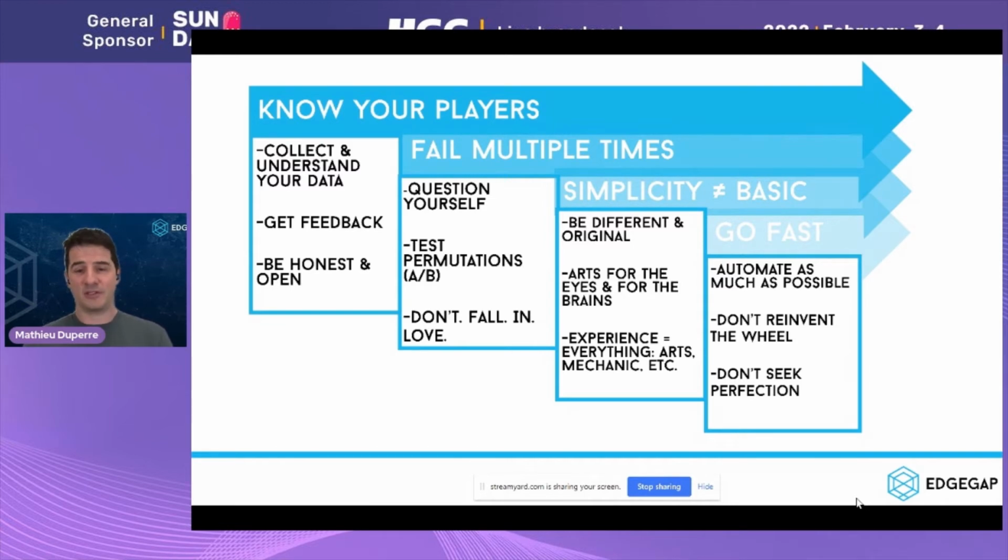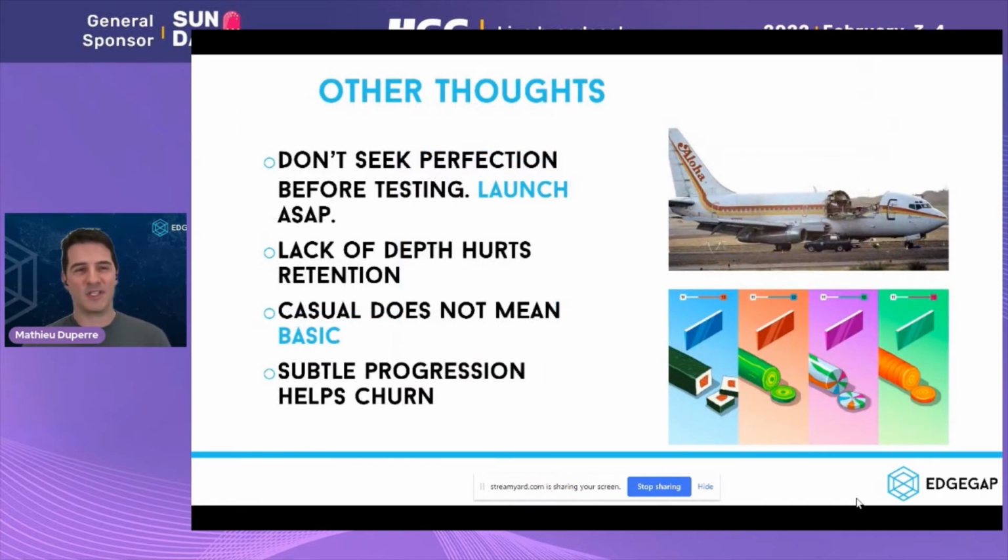Don't seek perfection. I know that a lot of you are proud of the work that you're doing, and that's perfect. But even if it's not final and you're not completely satisfied, go out there, put yourself in danger and try to test what's working and what's not. So don't seek perfection. Launch ASAP. This is really key. I could not put more emphasis on that. At least with your community, at least with the folks who are looking forward to your game. They're going to thrive with what you're putting out there, and they're going to give you feedback.